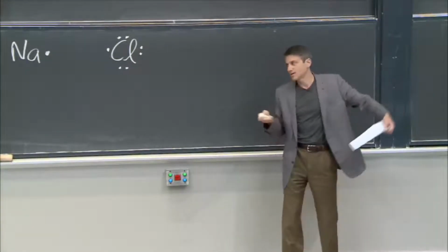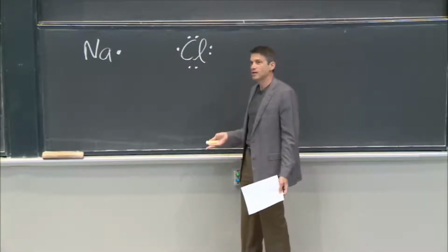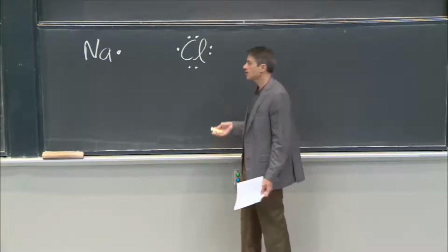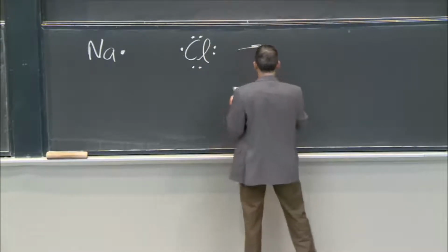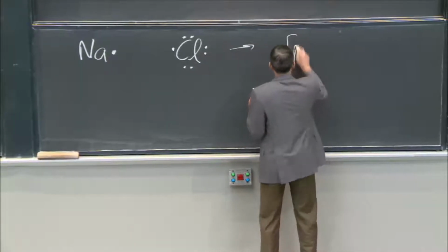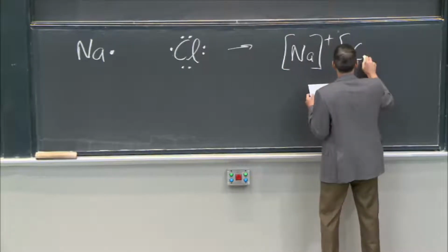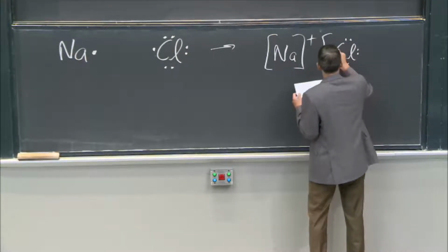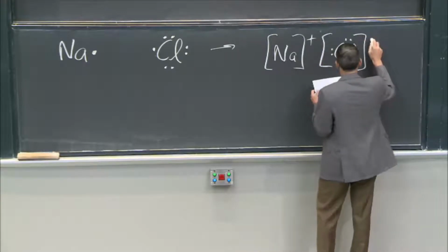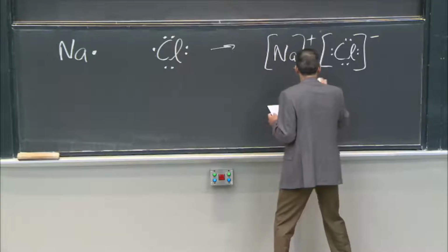And remember, in an ionic bond, chlorine is like, gimme, I want. And that's the kind of relationship they have, right? And so this went into something like this, where sodium was like, okay, fine, take it, I'm a plus now. And chlorine was like, thank you very much, I'm fully octeted. Like that. And that's the ionic bond. So this is ionic, and we've learned this.